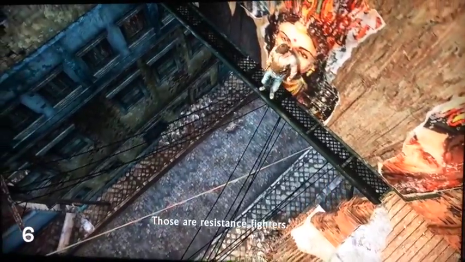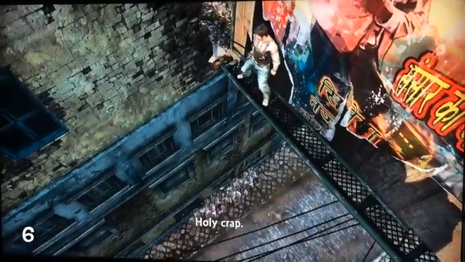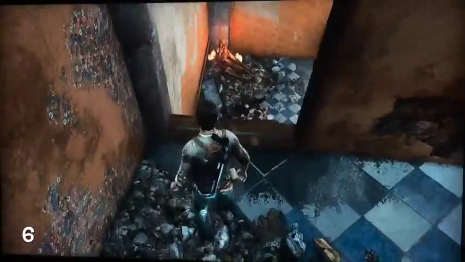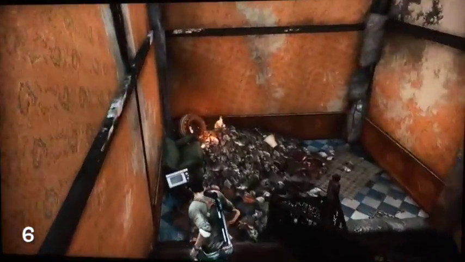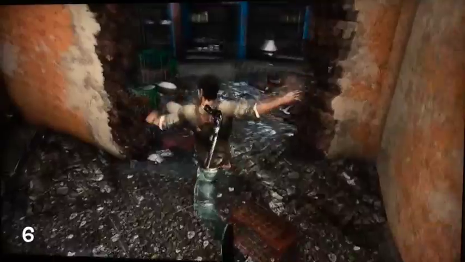Those are resistance fighters. As you see, so there's a tank. Just come on. We have to hurry. So as Drake says, we should hurry. We pop down here, make our way around and down. And then, I think...